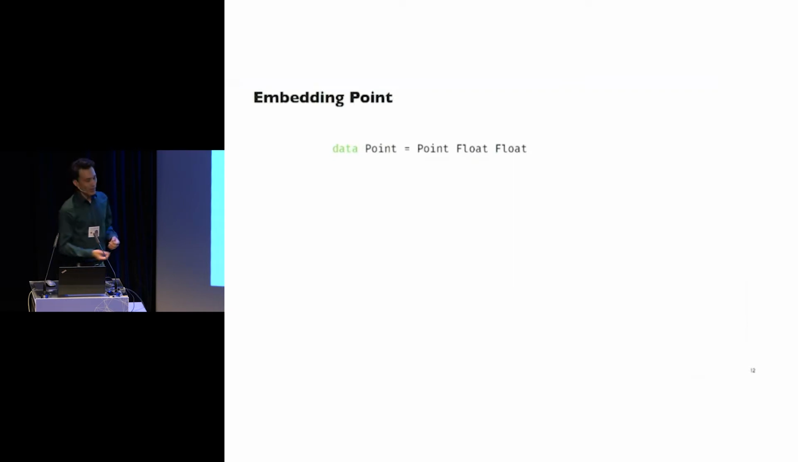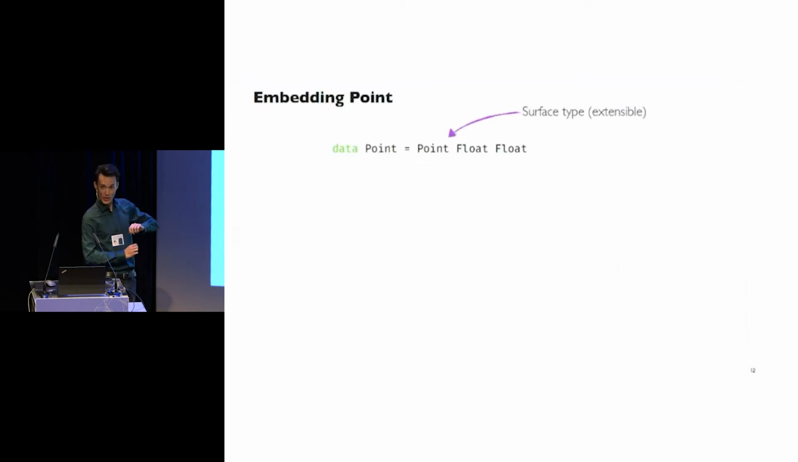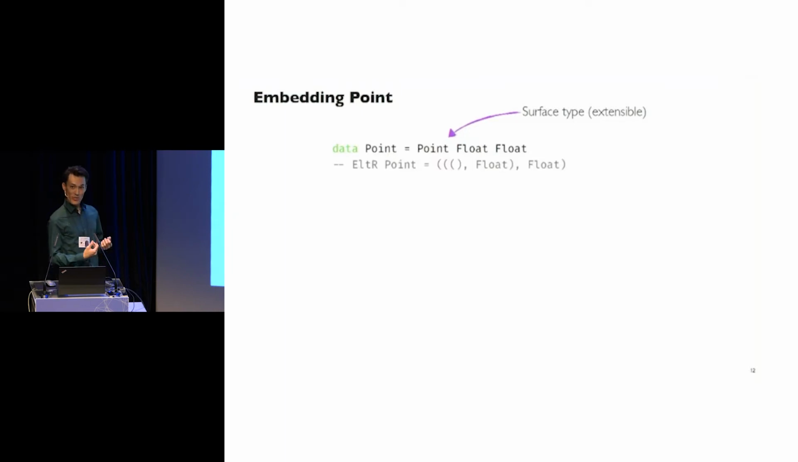All right, so if we come back to our data type point here, how do I represent this in my embedded language? So we have this data type point. This is the user's data type. This is what I'll call the surface type. These are all of the extensible types. I don't want to change my compiler every time a user wants to add a new data type. So I need to somehow map that into a representation that my compiler understands,